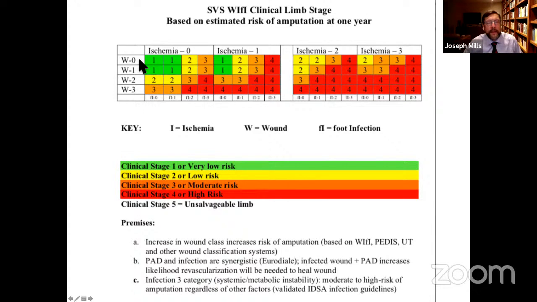So we're going to grade all these wounds from 0 to 3. A patient with 0 only gets in this system if they have ischemic rest pain. So to be in a CLTI category, they have to have ischemia 3. Theoretically, since there's 4 grades of wound, 4 grades of ischemia, and 4 grades of foot infection, there's 64